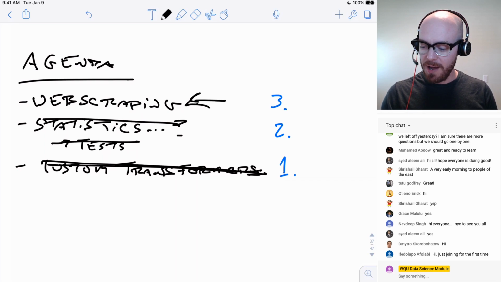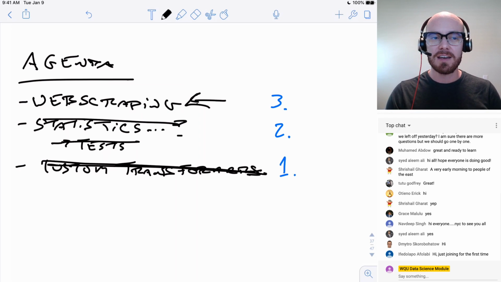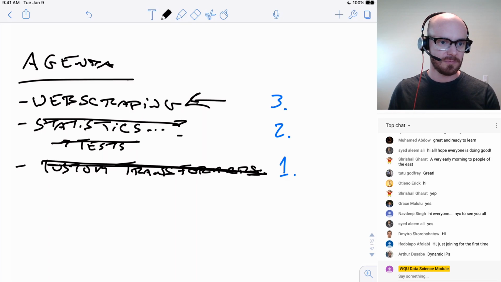And I believe Mauro was here yesterday, and he wanted to look specifically at dynamic web scraping for dynamic sites. Dynamic IPs, that's right.